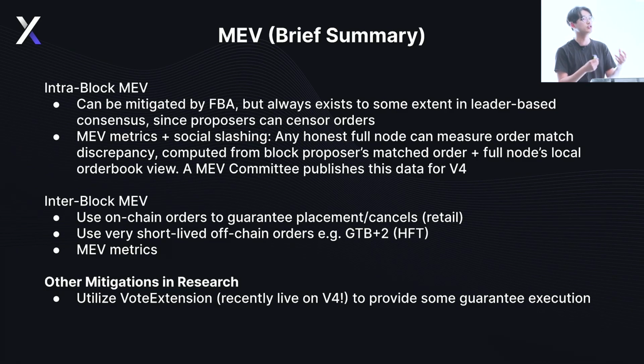So the higher level idea there is that you can use vote extension to have some guarantee on the quality of execution, right? For instance, if somebody pretends to not see an order, or some proposer includes a very bad match for an order, then the other validators on the network can collaborate and attach orders via vote extension to have a better execution for the order, right? And this information will be put on chain. You can either use this to slash or punish the proposer, or you can go further and